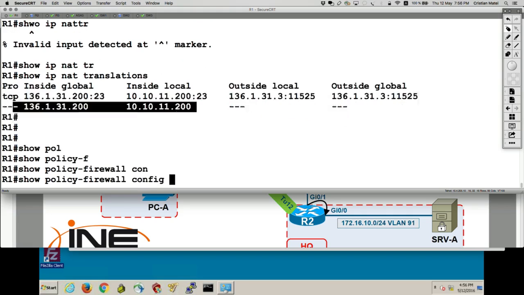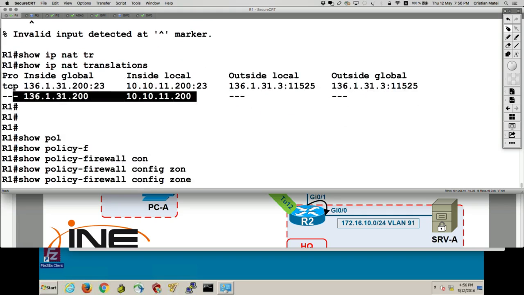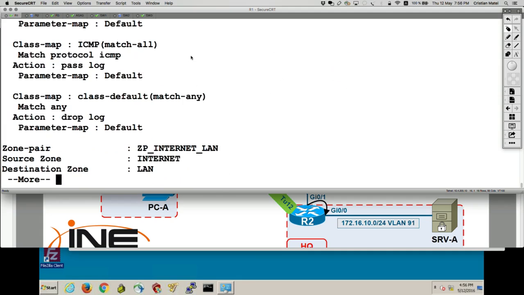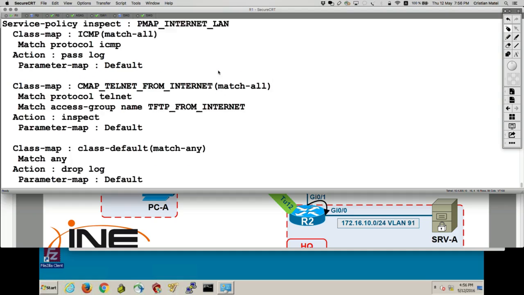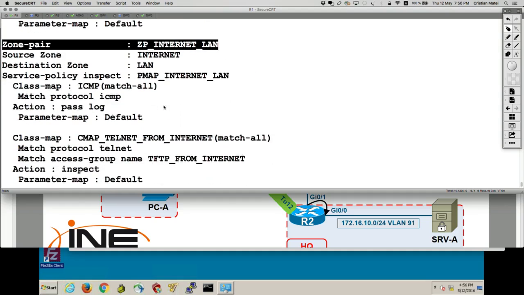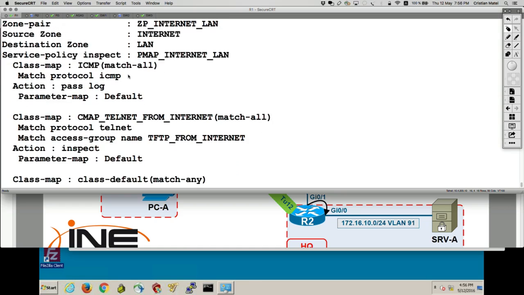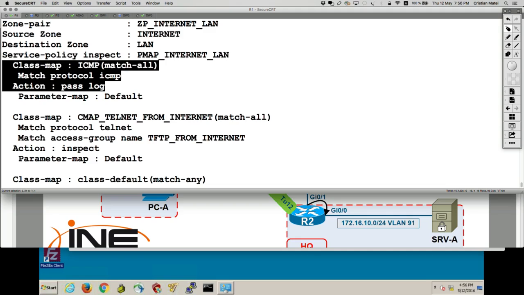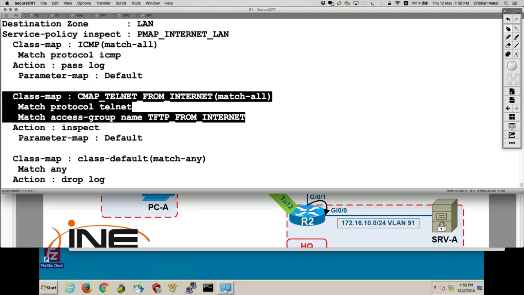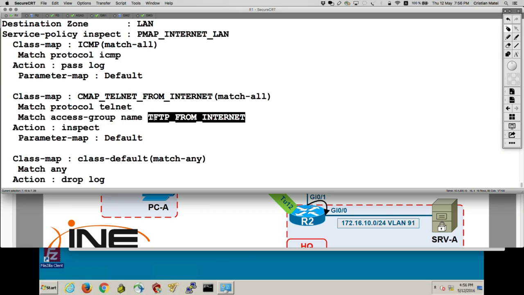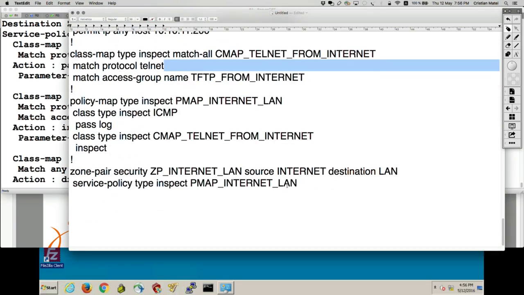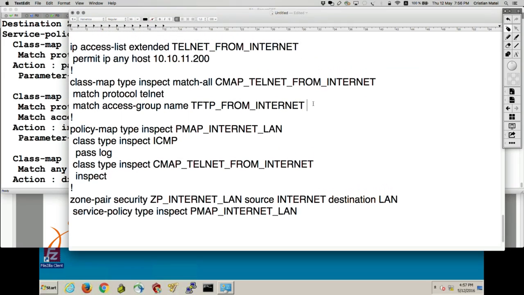Config, zone pair from the internet to the LAN. So from the internet to the LAN, we state that if it's ICMP, pass it. If it's telnet and matches that ACL, and there we go, that's the problem. The ACL, I have used the old ACL, which was TFTP, which means my traffic has matched on the class default. So I had a typo in here where I used the wrong access group name of the ACL,